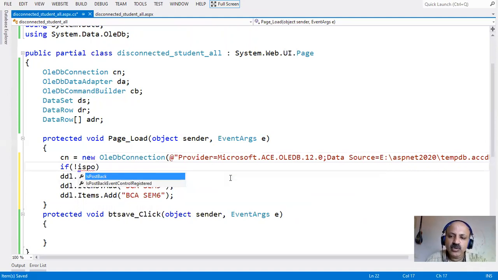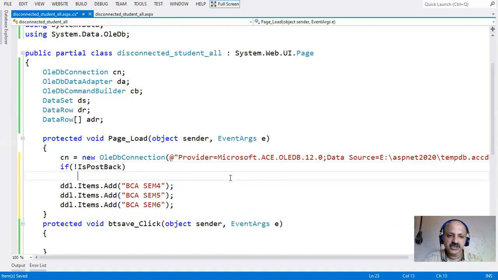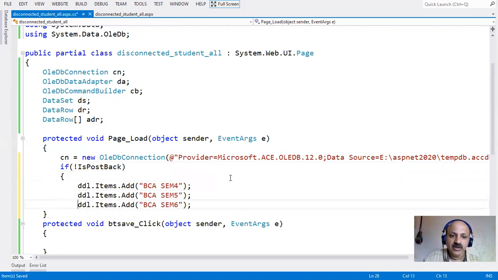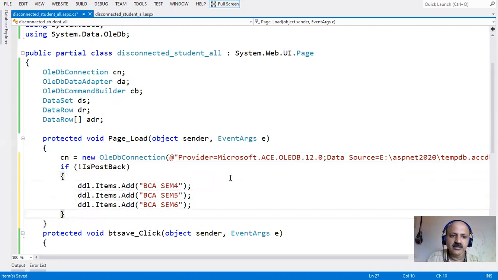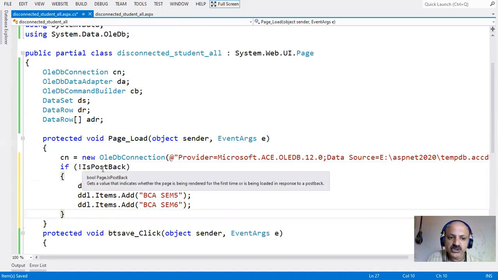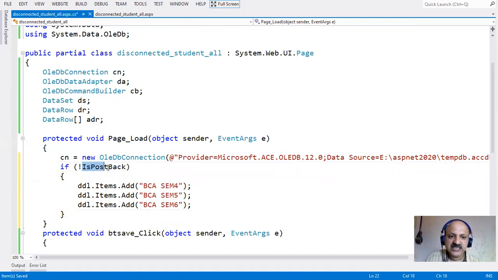Only one time you can provide your code, that you write in this if condition. So here we can assign this drop down only one time, otherwise it is filled every time. So whenever you require the code only one time, you have to apply IsPostBack. That is a property. So I explain this IsPostBack property. So I take these 3 drop down items as dynamic.